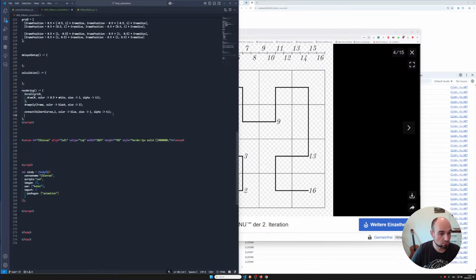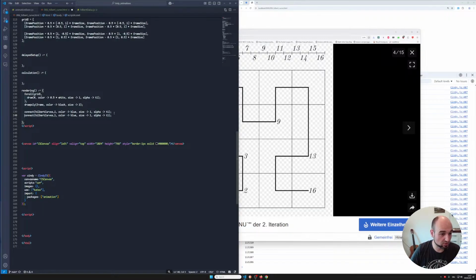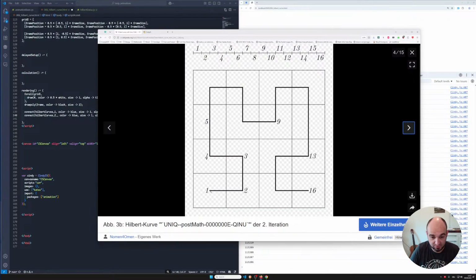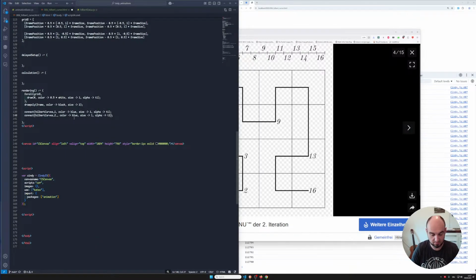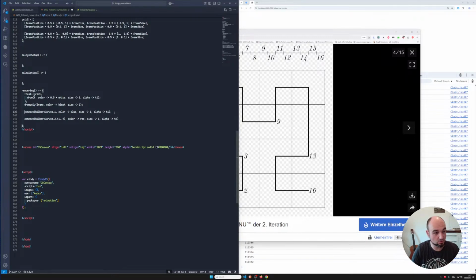And right, that's the first Hilbert curve, and now we want to have the replacement. The replacement is, we want to connect from the second curve, we want to connect the first 4 entries. And let's make them red. And this should happen during T2. And during T2, we also want to fade out the first one a little bit. So minus,